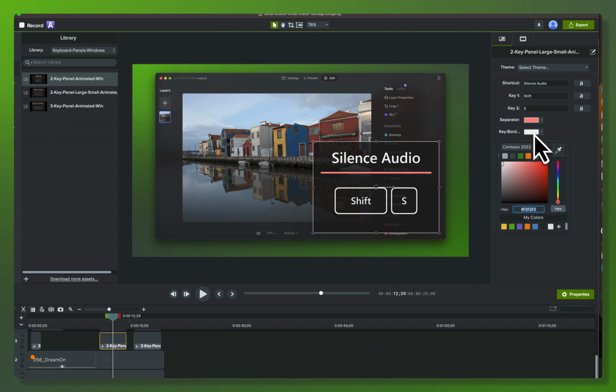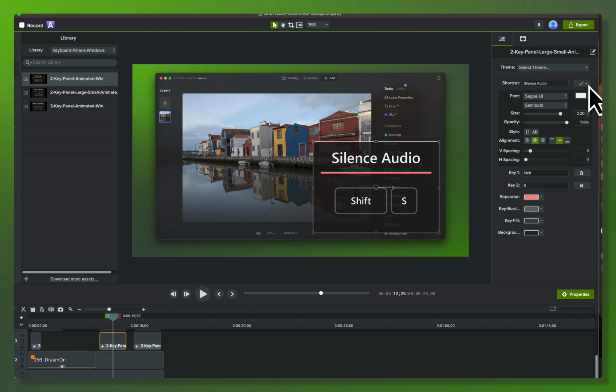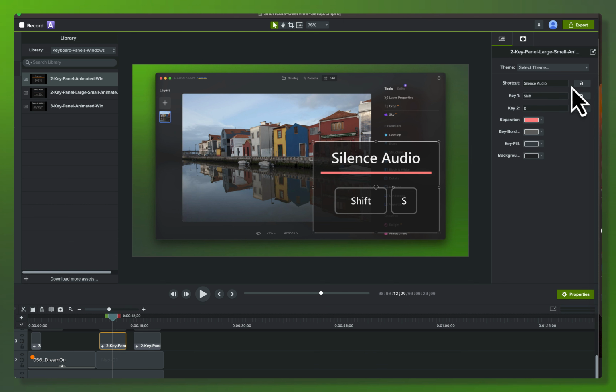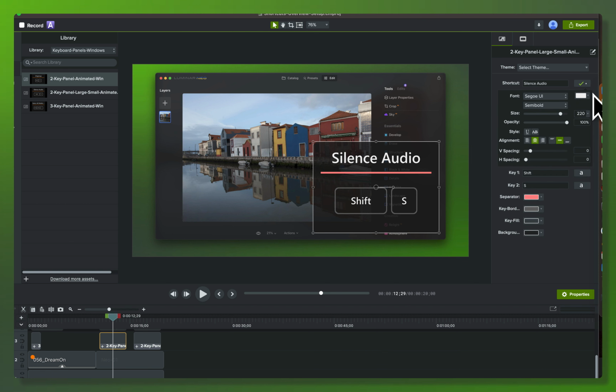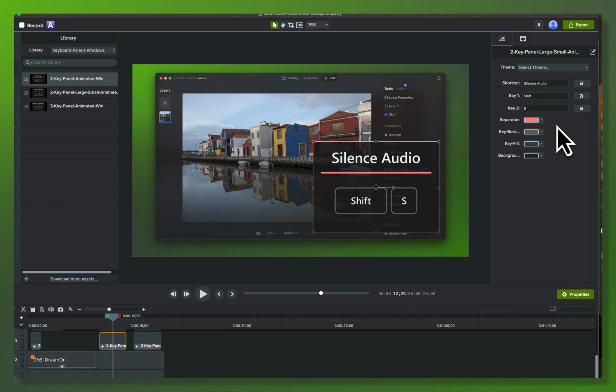I can adjust the borders of the keys. If I wanted to make these gray or something like that. Obviously, you can control the text colors inside here, mess around with the fonts. You have some layout options that you can mess around with if you want. And then they're really simple to update, so you don't have to drill into the groups and go through a bunch of confusing compositing. All you do is come up here and type in the title of this particular shortcut,